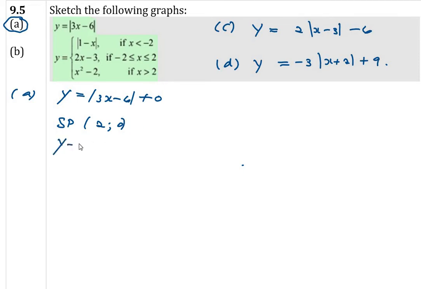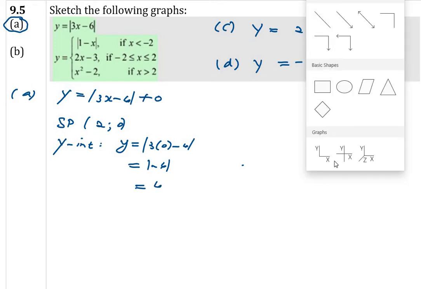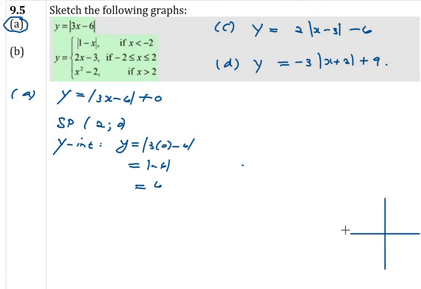So my y-intercept will be when I make x 0. So that will be y is the absolute value of 3 times 0 minus 6. And then that gives the absolute value of minus 6. But remember that the absolute value of minus 6 will be 6. Okay, so if we draw the graph now,